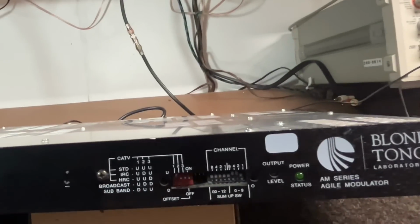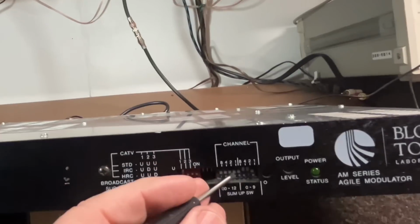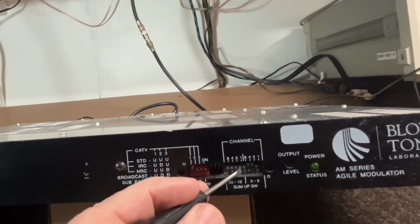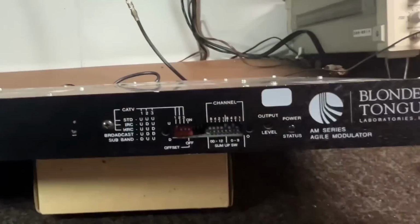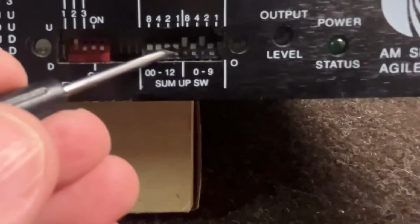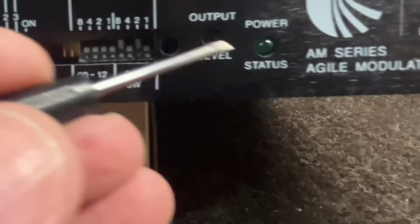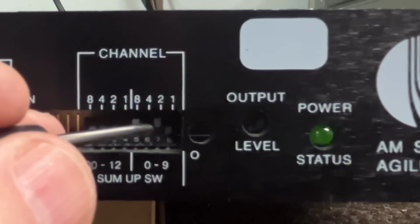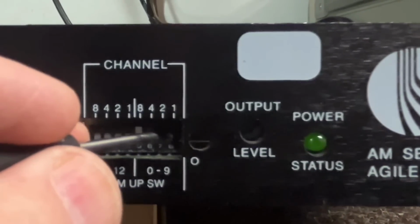Now, if you wanted to use this on, say, channel 10, that's where this second set of switches comes into play. You might say, well, I can use 8 and 2. Well, no. See what happens when I push the 8 and the 2 up. That tells me that's not a good selection. So what we have to do,